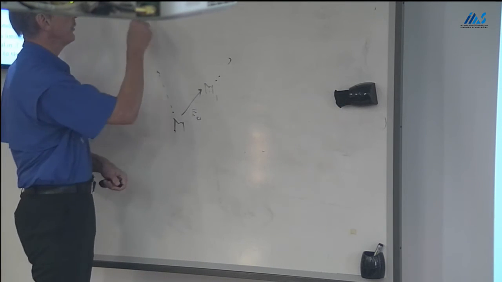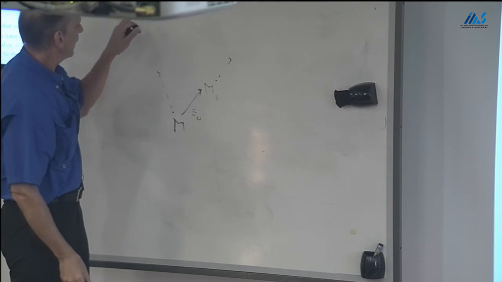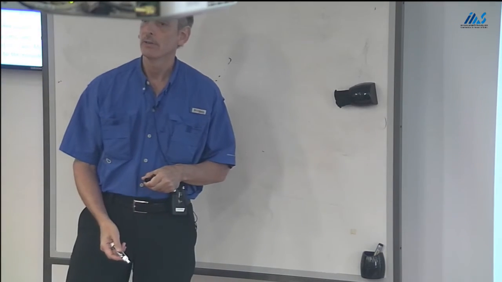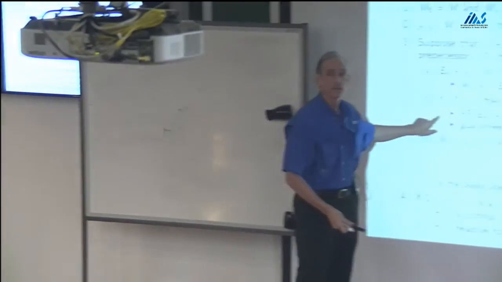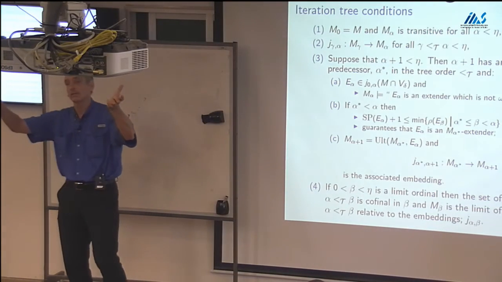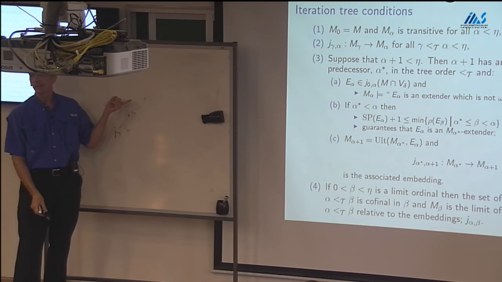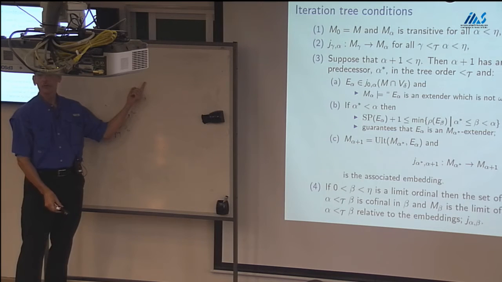So at every stage you're in some model. There are all these other models. You take an extender here, and there may be many other models that you can apply it to. And you're allowed to apply it to any one for which it makes sense, subject to this requirement. And so what you're generating is a tree of models. And then the whole problem, of course, is what do you do at a limit stage? Well, you have to choose a cofinal branch through the tree.